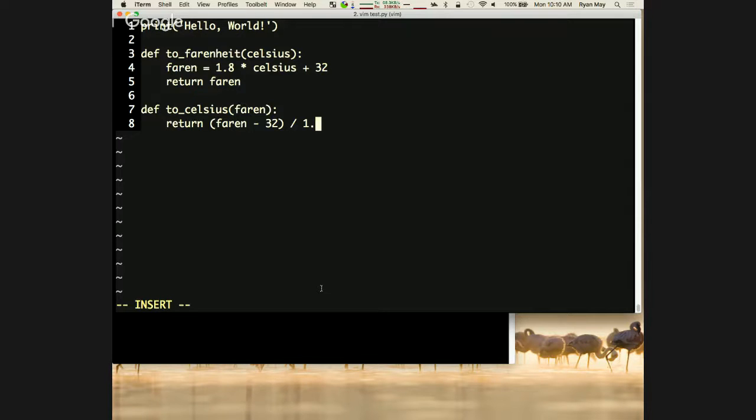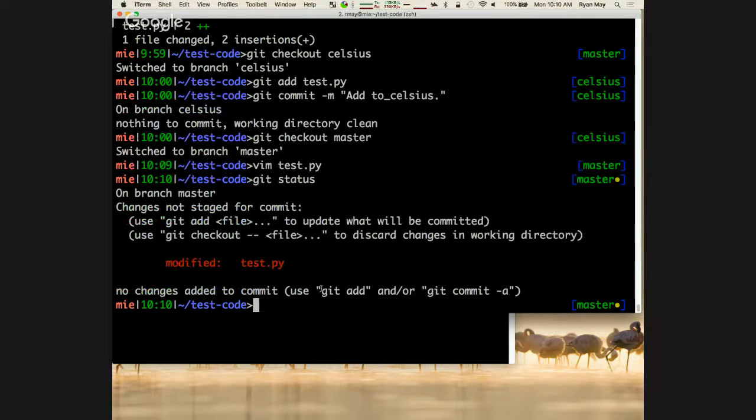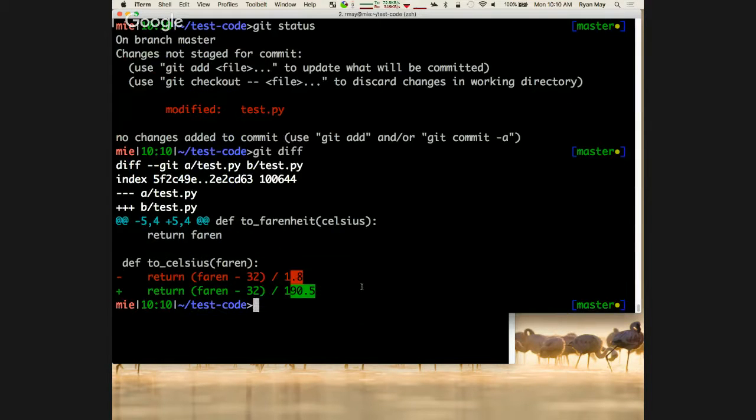I was playing with things, so I changed this to 190.5, just because I was seeing if it would make values work any better in my code. Now you get some turbulence on the plane. There you go. That's an even better one. Mistyped, and then I stopped working, had to put the laptop away. So get out of this. I save the changes. So now if I do a git status, I've got the file that's modified. If I do a git diff, I look at the changes. Okay, that's weird. So I don't want those changes. They're bad. Just get rid of them, get me back to the place where I committed when it was working.